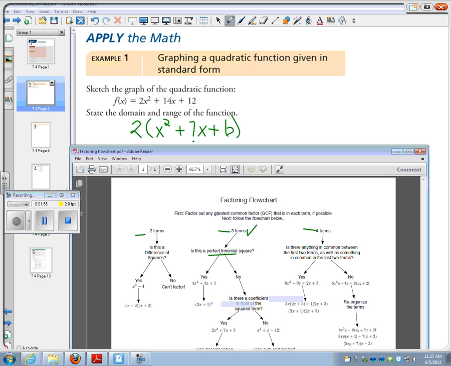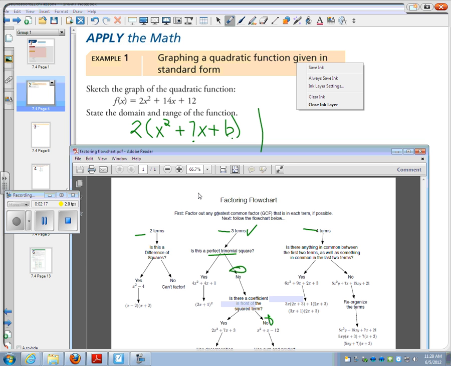Okay, so is 6 a perfect square? No. So we're going to follow the no. Is there a coefficient in front of the squared term? Is there something in front of x squared inside the brackets? No, there is not. So now what I'm looking for here,